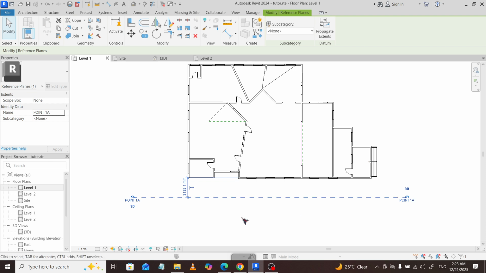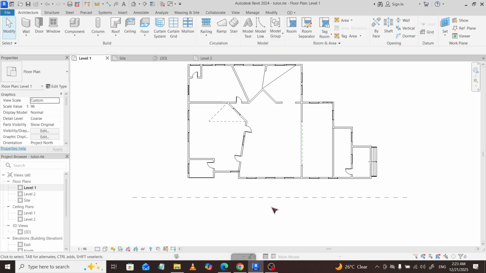As a quick recap, select the reference plane in a suitable view, check the Properties palette, locate the name parameter,